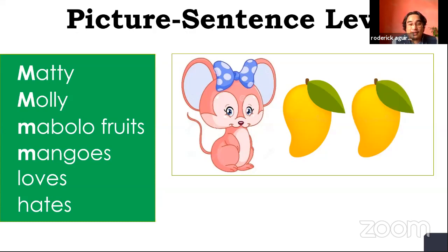It's a what? It's a mouse. Is it a male or female mouse? Oh, sir, kasi meron po siyang ribbon sa taas. Usually, babae lang po. So, babae po siya. Okay, let's look at the word box. Maddie, Molly, my bowl of fruits, mangoes, loves, hates. Which of these words pertain to names of people? Maddie, Molly. Oh, Maddie and Molly po, sir. Okay, from the two words Maddie and Molly, which